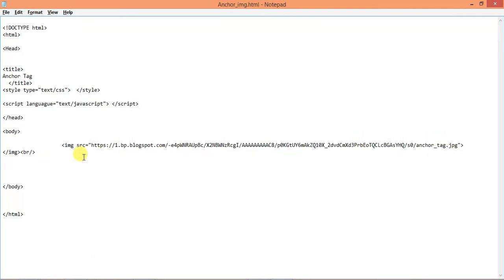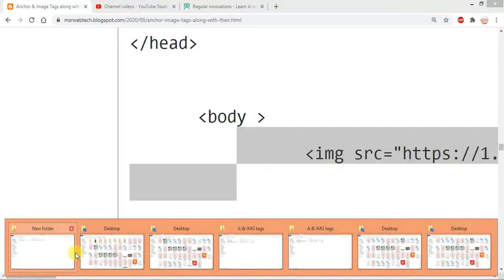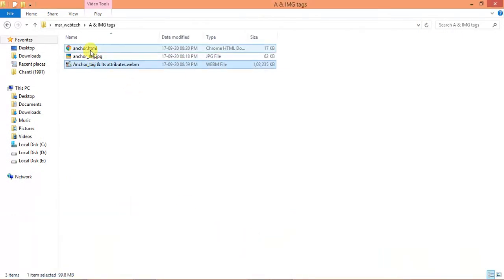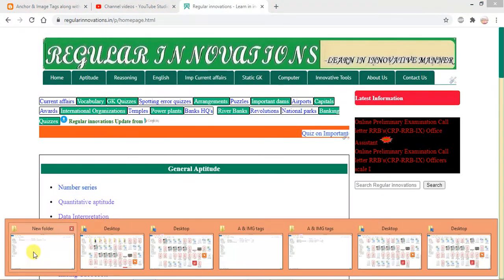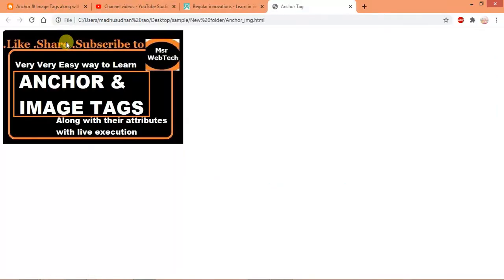Next, Ctrl S and refresh the page. Yes, it is getting the anchor and image tags along with those attributes, the live execution of our MSR WebTech YouTube channel. Yes. Next, this is the use of the src attribute in the image tag.